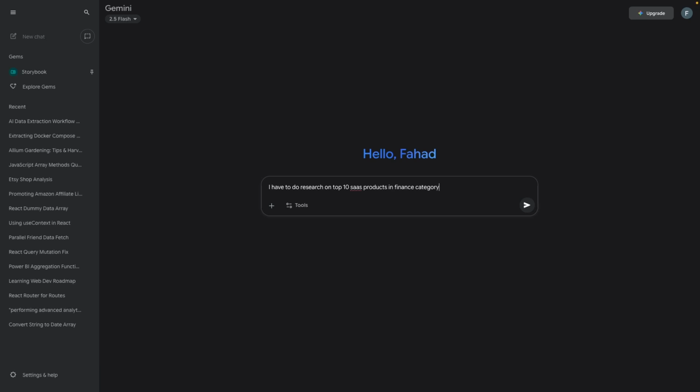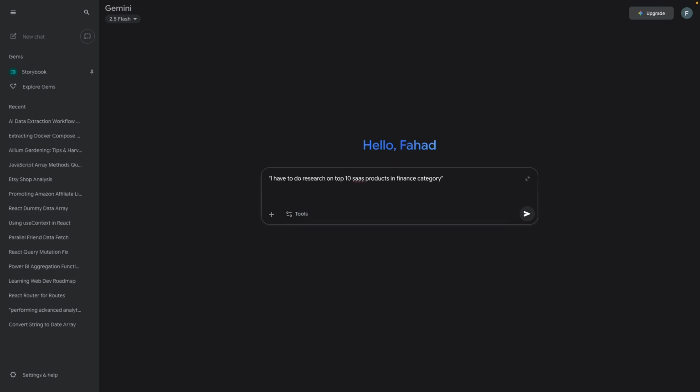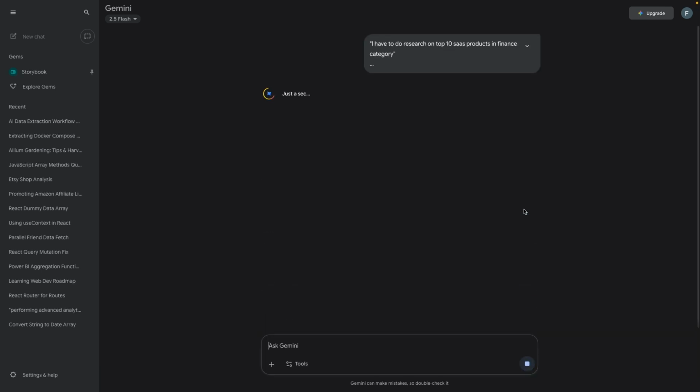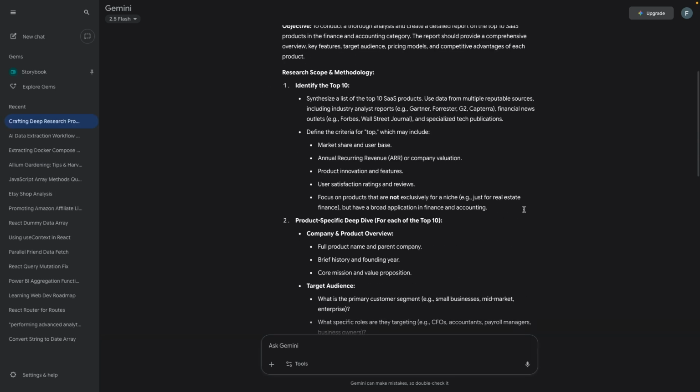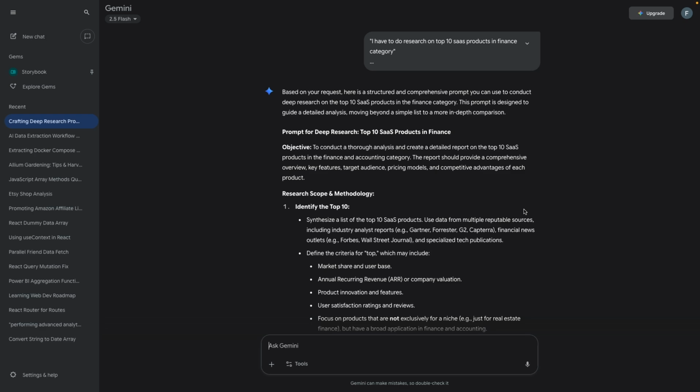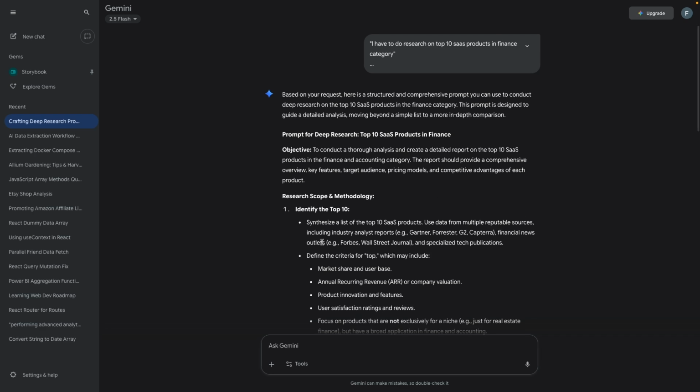category. Now we can give this simple prompt to our Gemini for the deep research, but we can get a better prompt based on this one. So I'm going to add to Gemini, "Now create a proper prompt for this so that I can use this for deep research." Now we're going to submit our prompt and we will get a proper prompt based on this. Perfect. As you can see here, we have the in-depth prompt based on our prompt. So I'm going to copy this